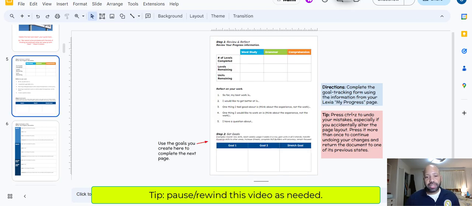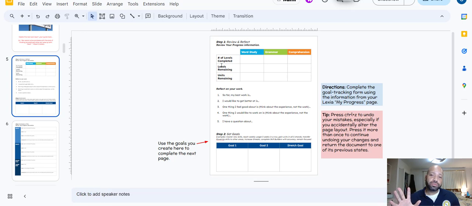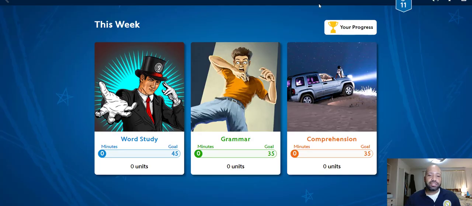But on this page, you have some information that you need to gather from your Lexia Your Progress page. Okay, and I'm going to show you that real quick. So in Lexia, normally, you are welcomed and you land on this page that shows the week. But right up here, you can click on where it says your progress. So you click on your progress,